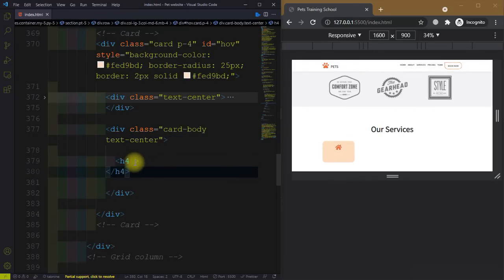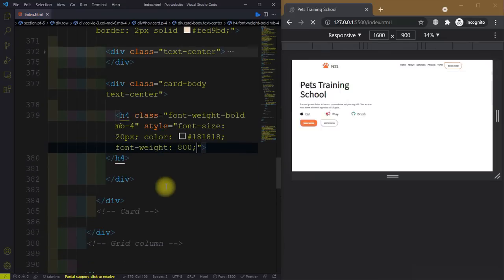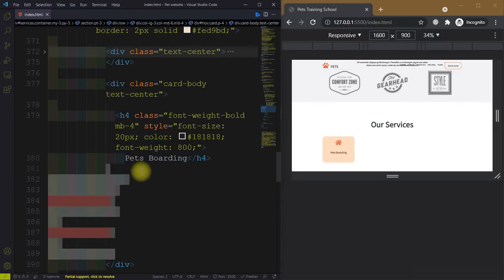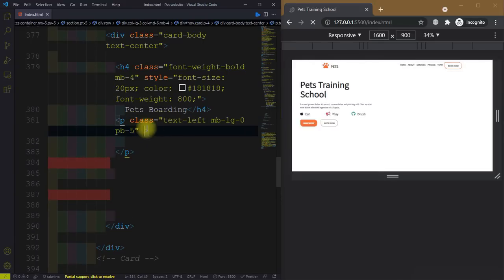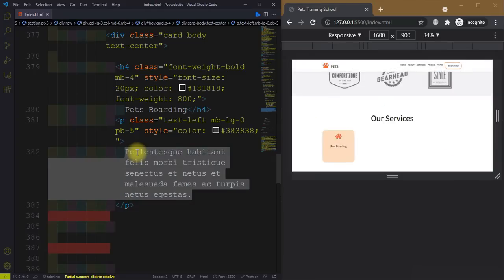Then we have the h4 heading and give it a class equal to font-weight-bold. Then we have style and pet supporting. So after the h4 tag we have a paragraph, give it a class text-left and mb-lg-0. Then we have some dummy text,